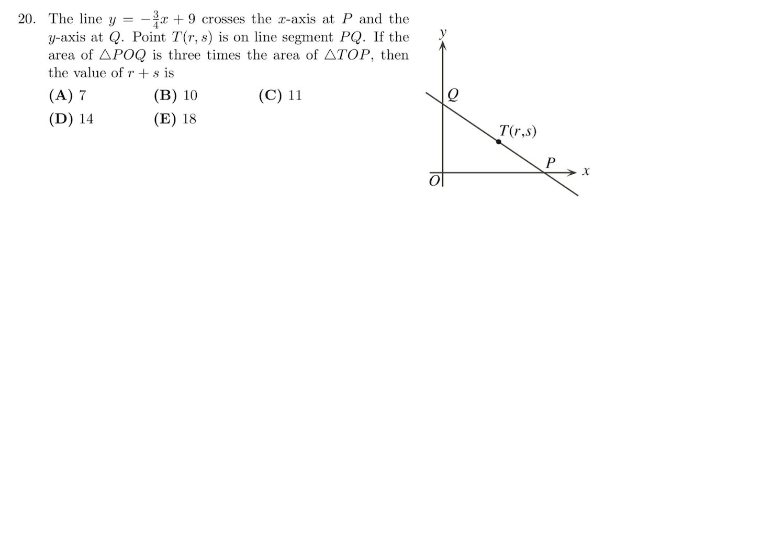The line y is equal to negative 3/4 x plus 9 crosses the x-axis at point P and the y-axis at point Q. The point T(R, S) is on the line segment PQ. If the area of triangle POQ is 3 times the area of triangle TOP, then the value of R plus S is... All right. So the first thing, of course, is we need to figure out P and Q,